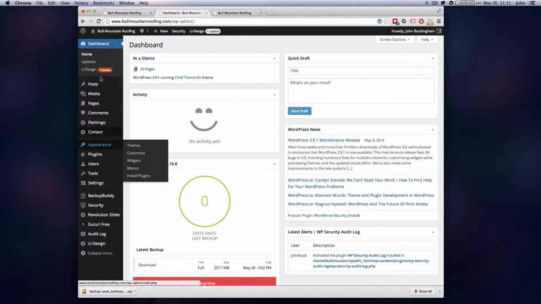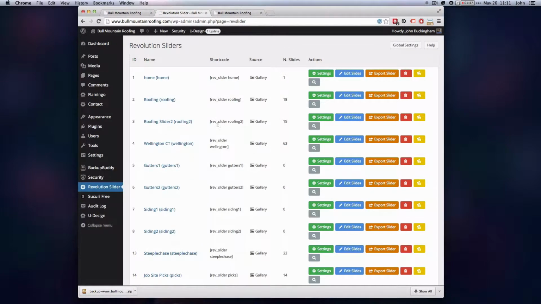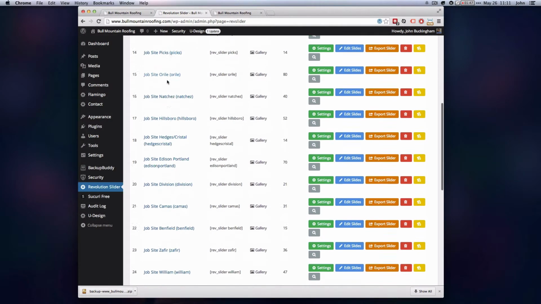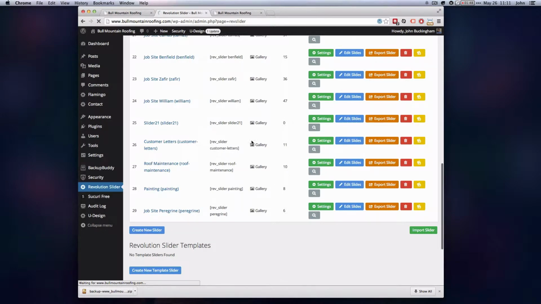Let's see. So first of all, we're going to go to Revolution Slider here in the WordPress dashboard. We're logged in already, so we'll be here in the Revolution Slider. And we will click that and wait for it. So here we've got all of our sliders, 1 million of them. And we have an example slider here that we just have in order that we can duplicate it. There's some settings that we set up. So we're just pretty much going to leave that there and just use it for any slider that we want to create. We're going to go to the duplicate function here and click duplicate, and it'll reload the page with